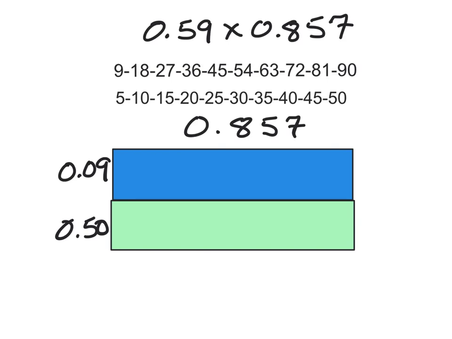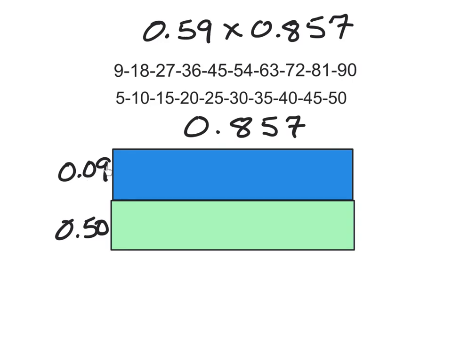And here we have it, my friends. 0.59 times 0.857. So I got my counting by the numbers for my 5s and my 9s. I took the 0.857 and plugged it in on top of my 2 area boxes here. And then I broke the 0.59 into 0.50, and